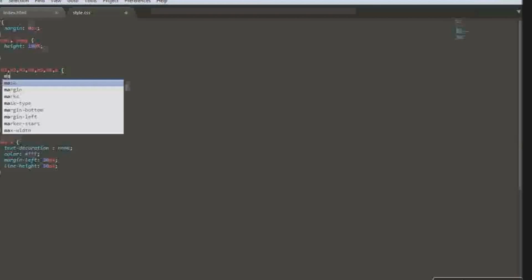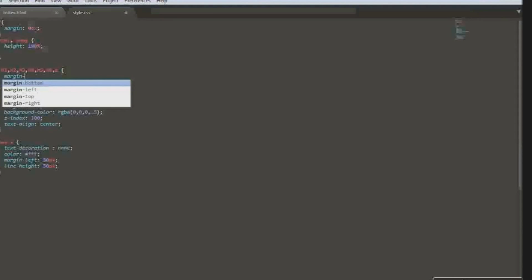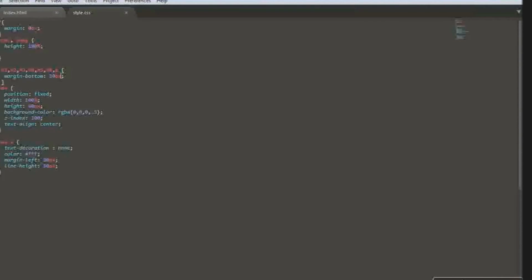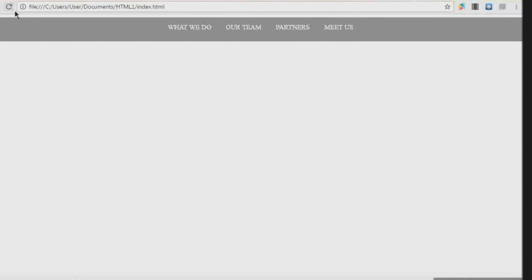Let's use margin bottom 30px. Seems okay like this. Let's save and check it again. Wow, that looks awesome. You can use any color you want here. I prefer this code.